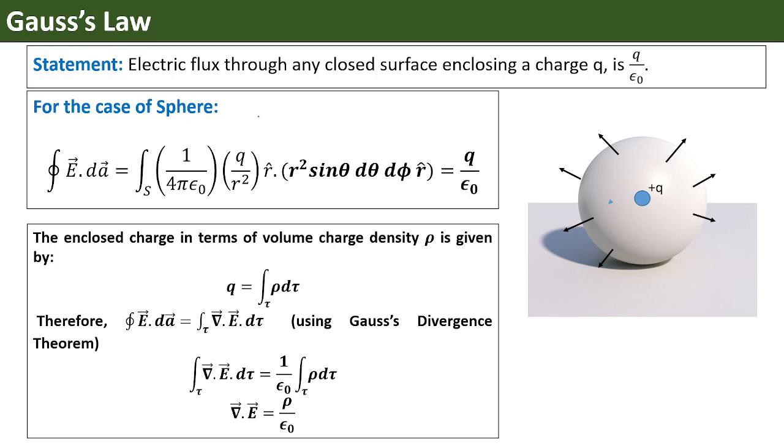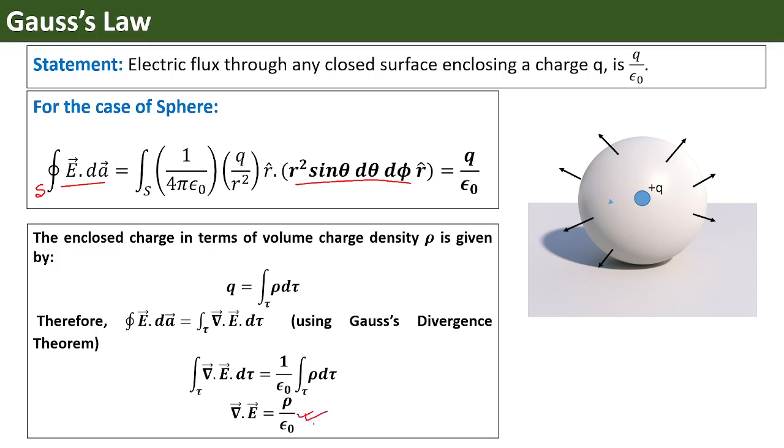We find this out by taking this surface integral. This is a surface integral, and we talked about the electric field because this is a point charge. So the electric field due to a point charge is q upon 4 pi epsilon naught r square. And then we talked about the area element of a spherical unit. So ultimately, after solving this integration, we get q by epsilon naught, which proves Gauss's law. We also came across the divergence form of Gauss's law. This is an integral form, and we obtained the divergence form from the integral form.